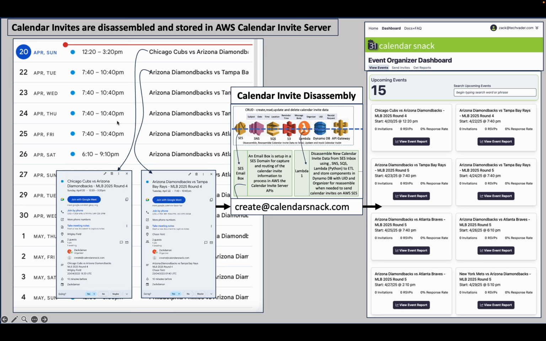They are particularly for the Arizona Diamondbacks, and they were uploaded to my personal calendar in a batch. That's really easy to do. It only takes a few minutes to import a couple hundred MLB games, which I did. Then I sent that data to the AWS calendar invite server, and at an ingress level, or how it's ingested